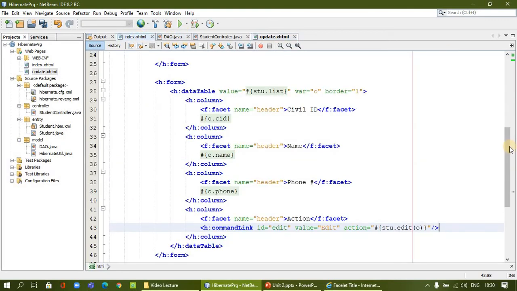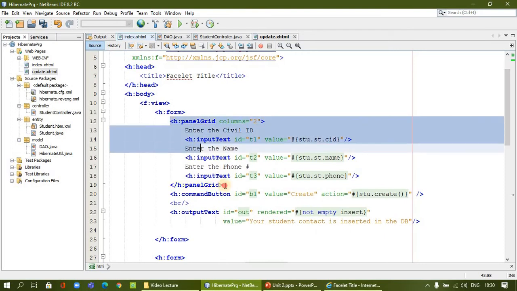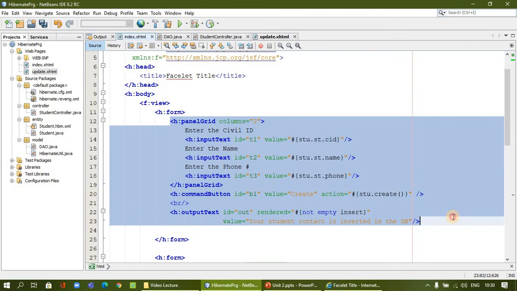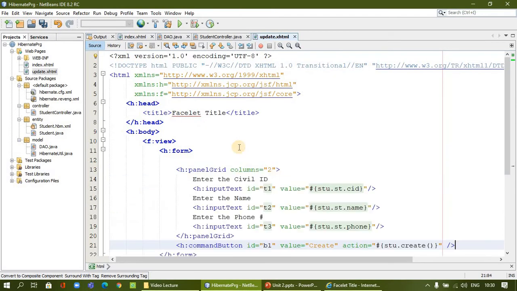Now we have to copy and paste the same design. I will go to index and take the same design, for example this one up to this area. I will copy up to this, not more, because we are going to redirect. Up to the command button is enough. I will place it here.